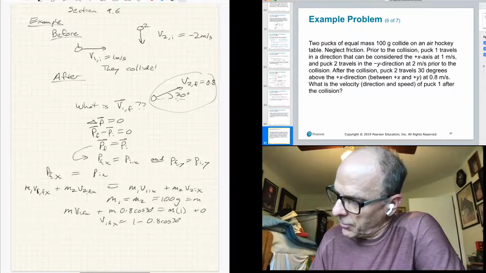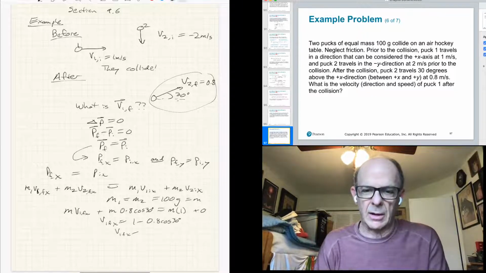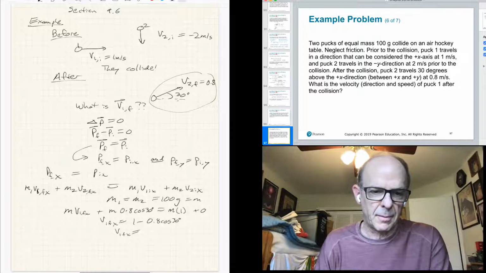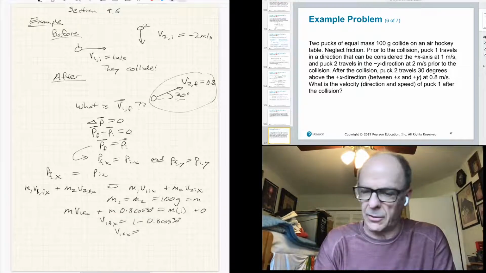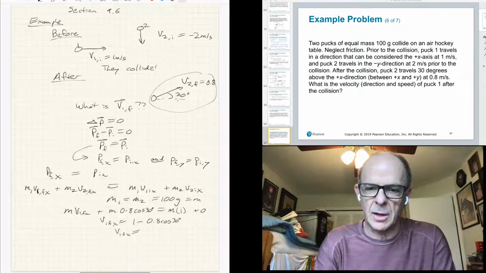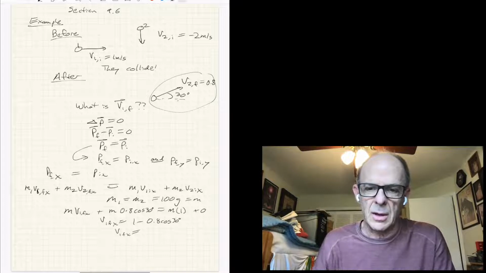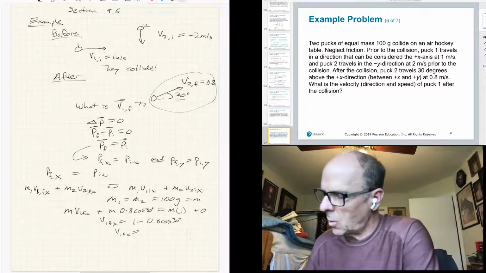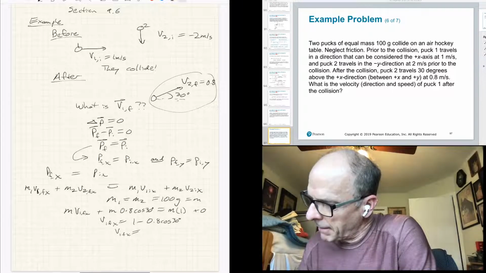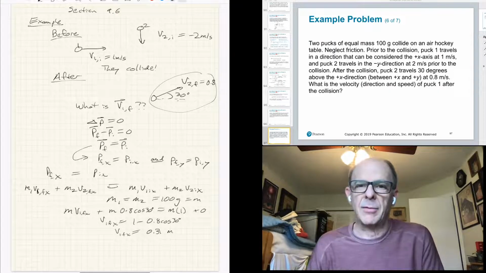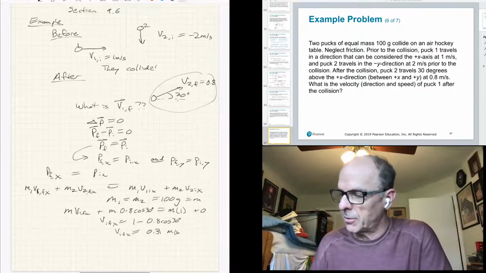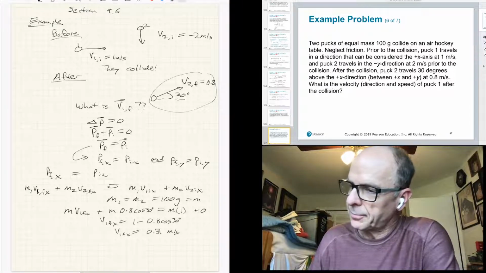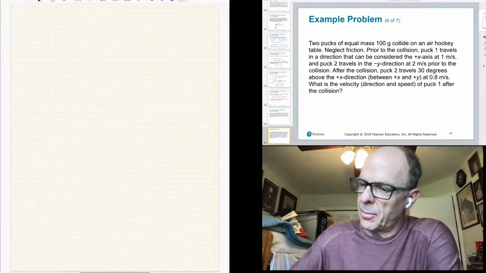So v1fx equals, let's get that number, 1 minus 0.8 times cosine of 30 degrees is 0.31 meters per second. So now I have the x component of puck 1 after the collision at 0.31 meters per second. I follow the same argument for puck 2,